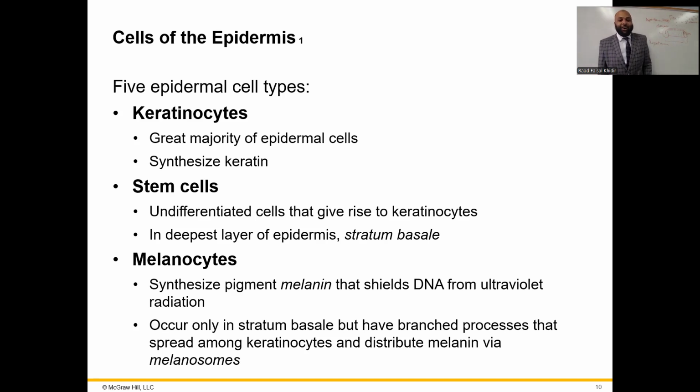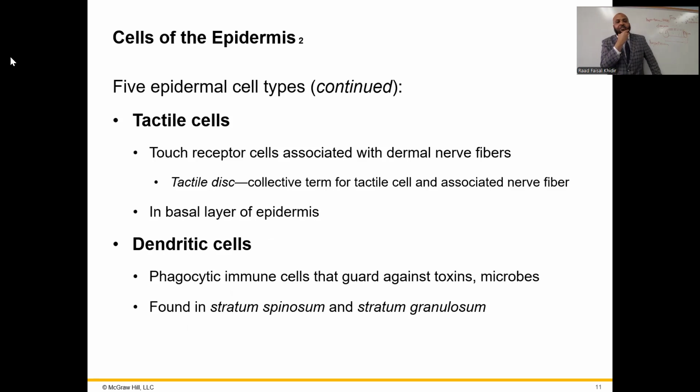The melanocytes occur only in the stratum basale, but they have branched processes. So this stratum basale is high yield because it's home to the stem cells and to the melanocytes. So there are 5 epidermal cell types. Continuing with that, in addition to the melanocytes and the stem cells and the keratinocytes,